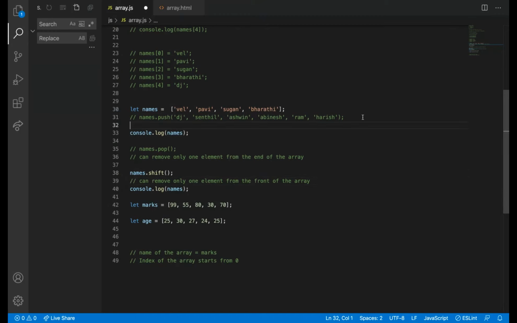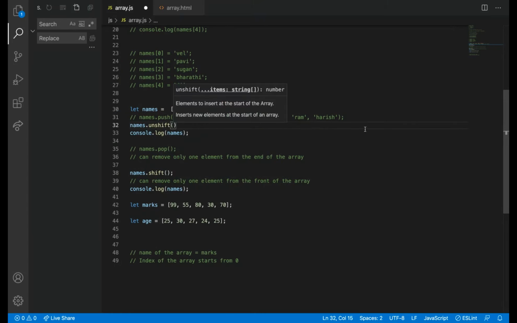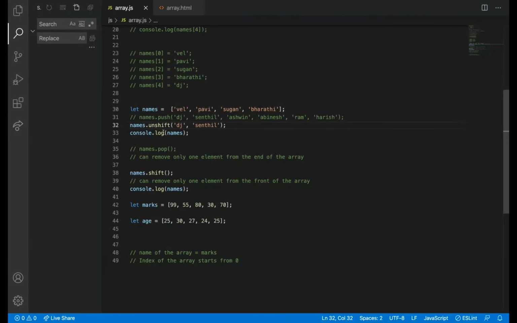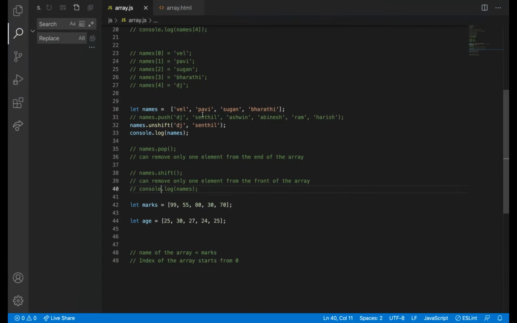So I'll write it here itself. names.unshift, I can add the first two names. Okay, I have used unshift here.